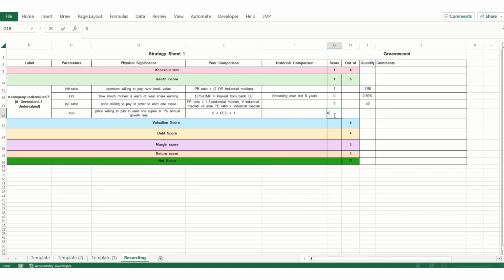So your valuation score is 1. Okay, now this is basically telling you whether your company is undervalued, with one score out of four, and accounting for the growth rate, I would say that the company is not really undervalued. This score should be at least three or four to really call a company undervalued. I mean, even if the growth rate is maybe not very good, at least these three conditions should be pretty strong for you to say that the company is undervalued and a value stock and you should go for it. Okay, so yeah, that's it for the valuation score. So let's hide the valuation score.